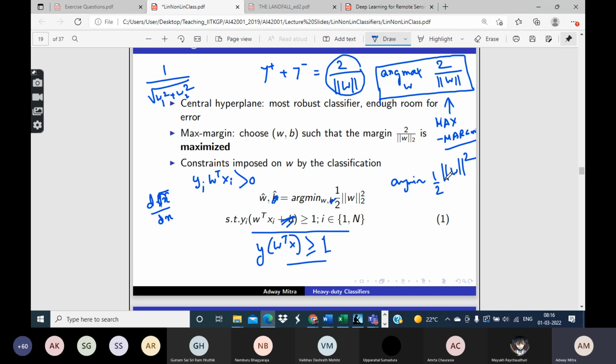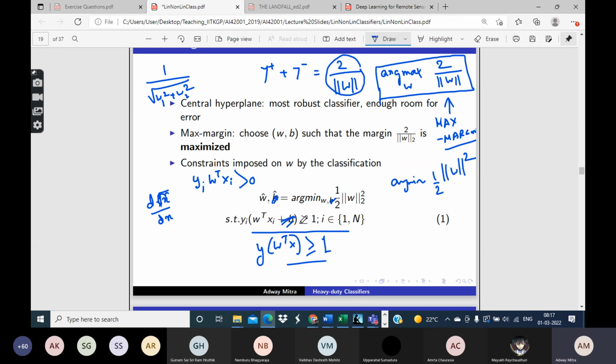And to further help in the mathematical optimization which follows, instead of taking the L2 norm, we will take the L2 norm squared, just to do away with this root term, and try to minimize it. So our objective function becomes as follows. We are looking for that W for which half of the squared L2 norm of W is minimum,